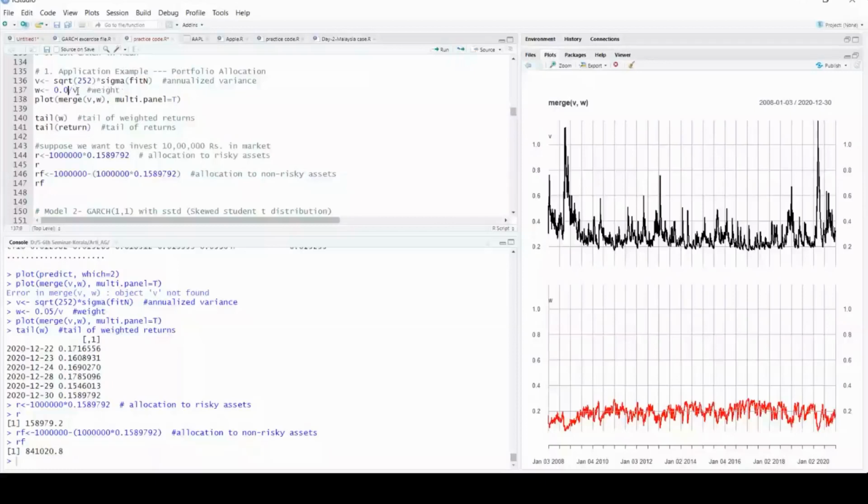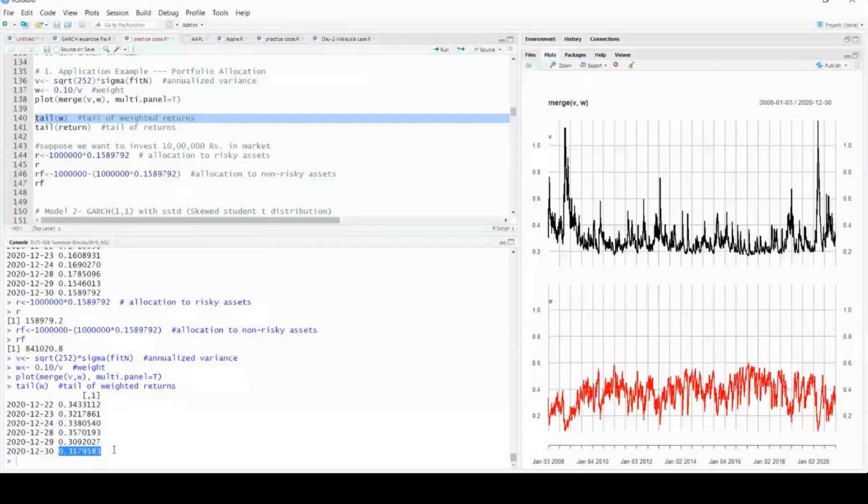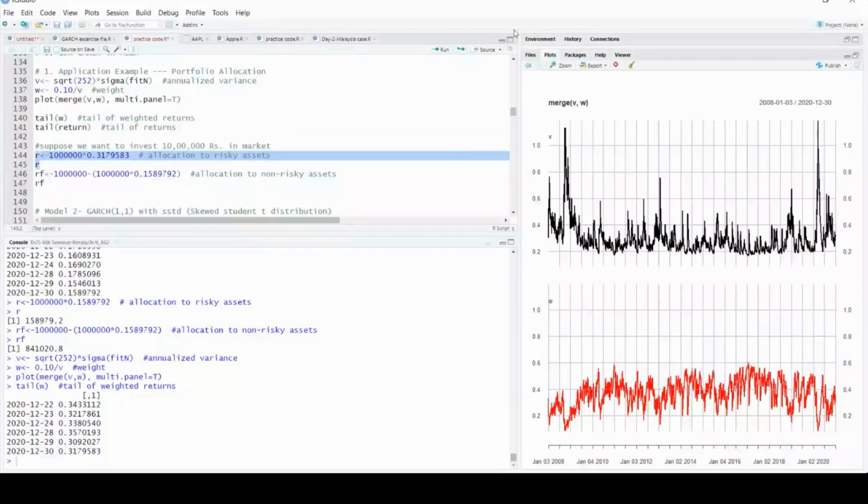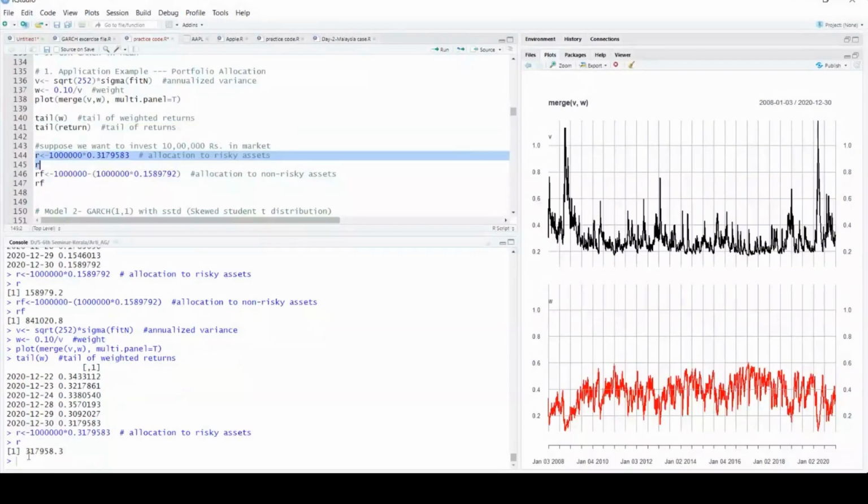Now somebody wants to take more risk. So instead of 5% weight, I can make it 10%. Okay, and now let us see what the calculation is. I want to take more risk. So now you can see, since I have allocated more weight, my value has increased from 15% to 31%. So if I multiply this value with the total investment amount, it says that if I have 10 lakh rupees, I should assign nearly 3 lakh rupees to the risky asset, and then nearly,